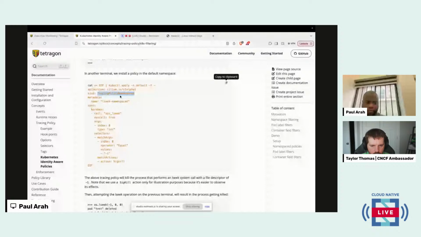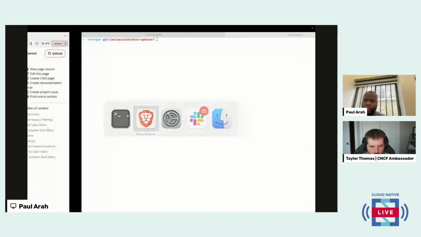So I'm just going to apply this namespace tracing policy in another